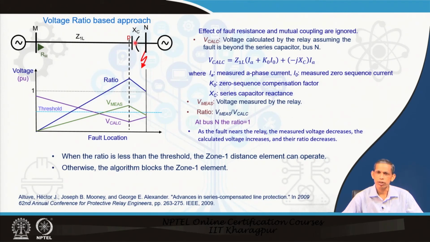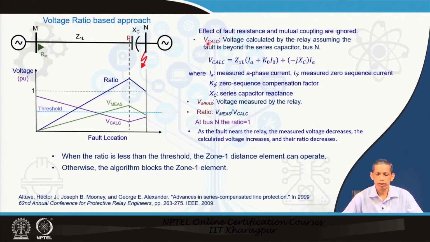then if the capacitor is in the fault loop during a fault, the relay will find jXL minus jXC. So the equivalent impedance will be much smaller, and therefore there will be an overreach phenomenon. A fault in the actual zone 2 will also fall in zone 1, and that may create a problem. In this approach, what is being done is to determine whether the fault is beyond the capacitor or before the capacitor. If you can know that, then we have a solution accordingly. This approach provides that information.